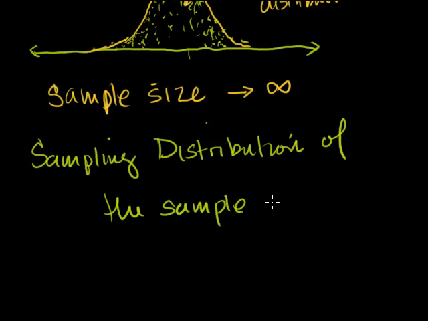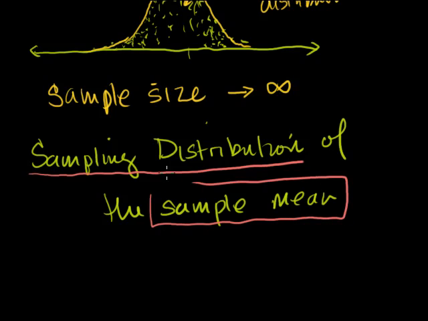And let's dissect this a little bit just so that this long description of this distribution starts to make a little bit of sense. When we say it's the sampling distribution, that's telling us that it's the distribution of some statistic, which in this case happens to be the sample mean,